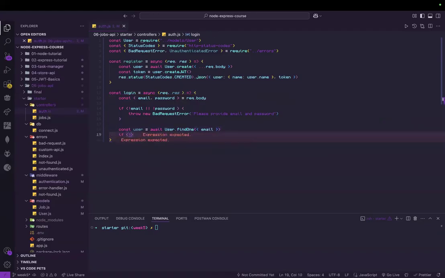If that didn't work, right? If we don't have a user, which pretty much means that we can't find something with that email, we're going to throw a new UnauthenticatedError. And what are we going to tell them? We're going to say invalid credentials. We could be more specific, but we're not going to, in order to not help any malicious actors who would be trying to hack into our very important jobs API website. So